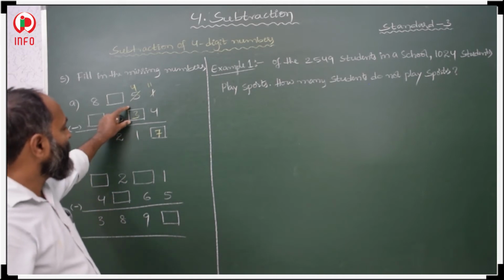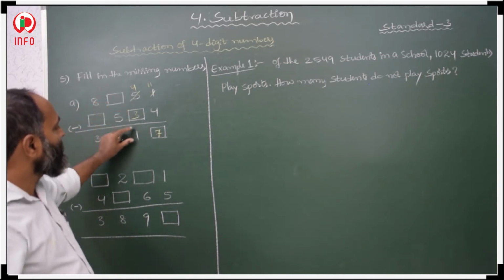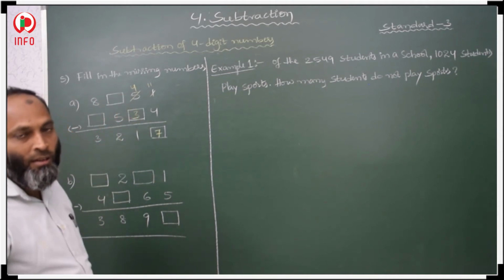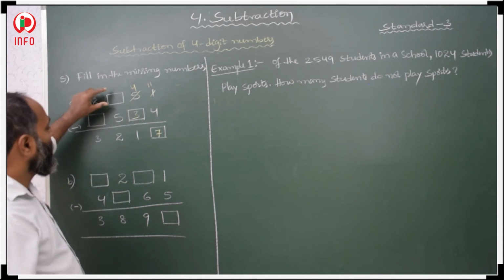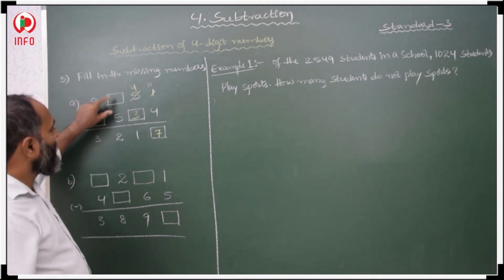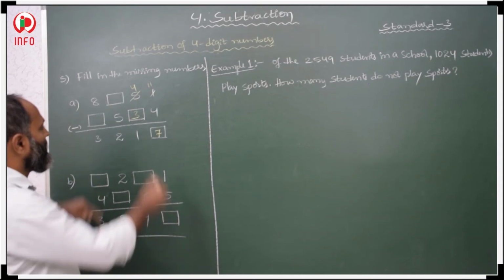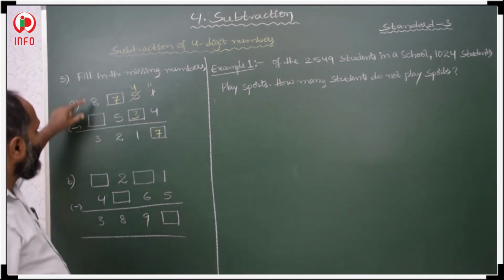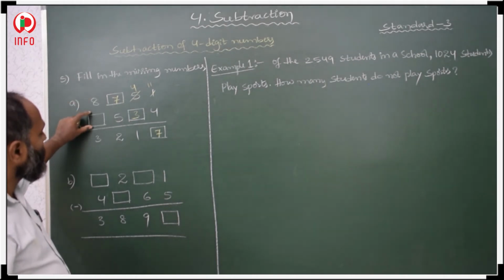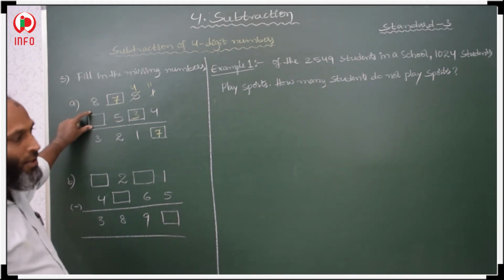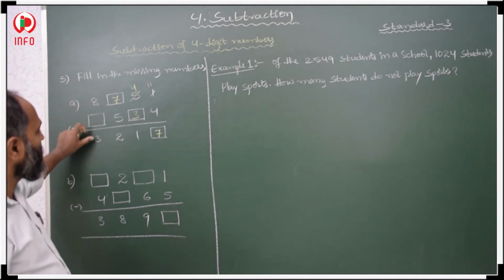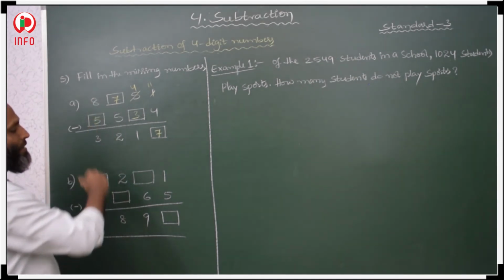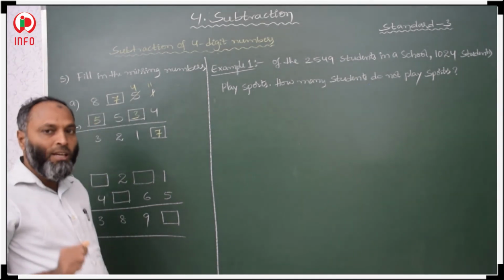If the subtrahend is not given, then minuend minus difference. You find minuend minus difference, then you will get the subtrahend. Here, if the minuend is not given, then you have to add these two. 5 plus 2, 7. Then you get 7 minus 5 is 2. Here the subtrahend is not given. Then subtract it. 8 minus 3, 5. Then 8 minus 5 is 3. In this way you have to think and write.